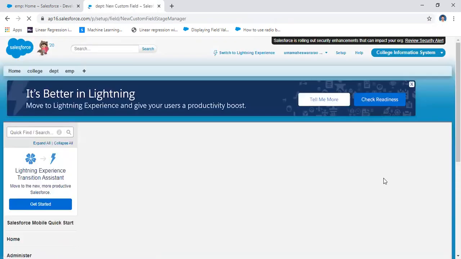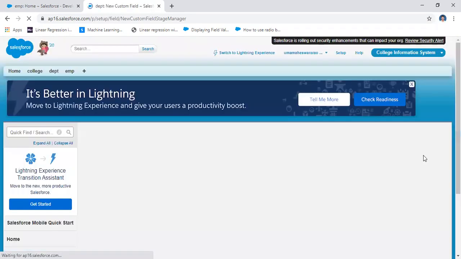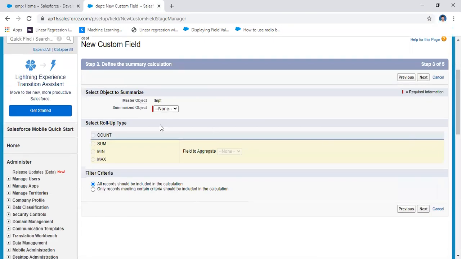Next, what is the field name? Minimum_salary, minimum_salary. I am going to calculate the minimum value of the field. Next, select the object to summarize. The master object is the department, and the detail one is the employee.